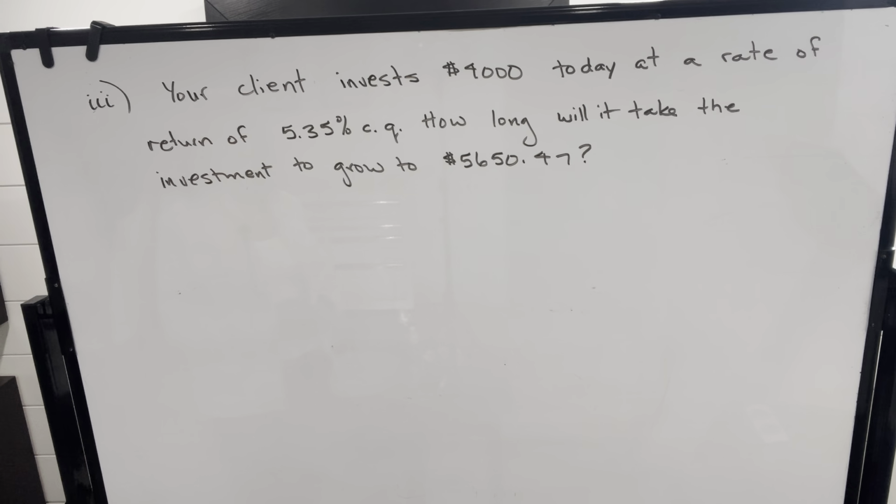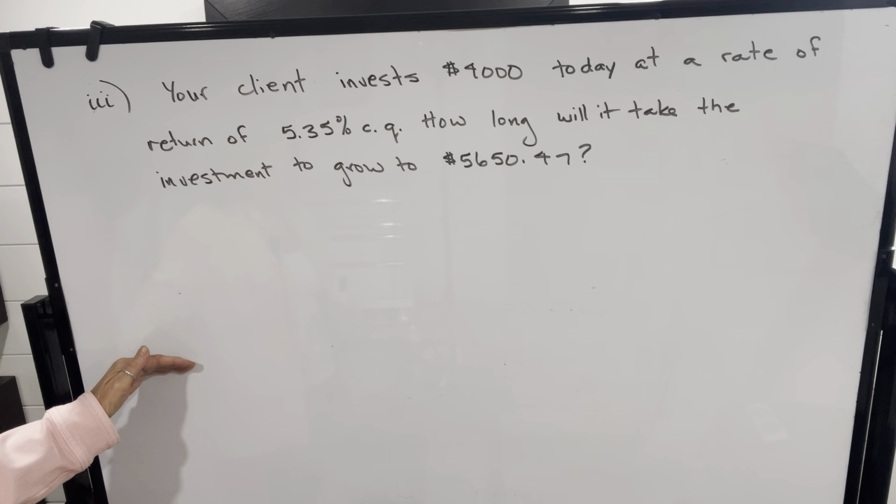In this example, it says your client invests $4,000 today at a rate of return of 5.35% compounded quarterly. How long will it take the investment to grow to $5,650.47? So let's start by listing the values that we know and then plugging those values into our compound interest